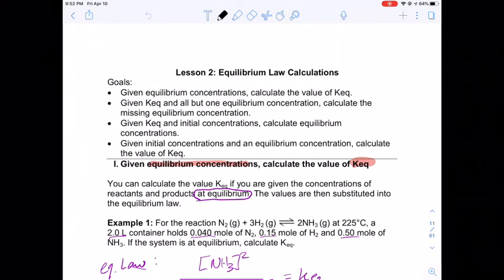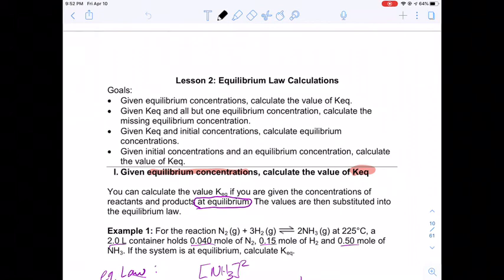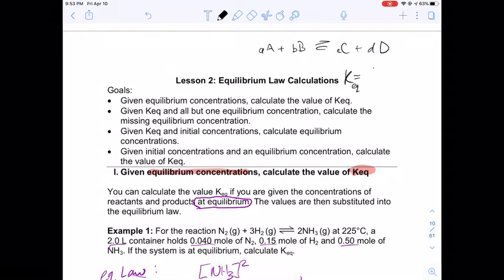If you caught the live stream, you'll know that we've gone through some of this already, but we're talking about equilibrium law. This is where we take a chemical equation such as, in the general form, A plus B gives us C plus D. Assuming these are all gaseous or aqueous forms, then the equilibrium law would be that there is some K value, KEQ, and that would be equal to the product of the concentrations of the products raised to the power of their coefficients divided by the